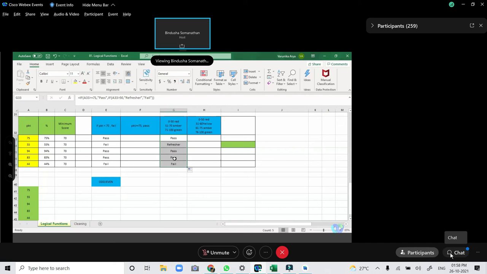Yes, Aditya, that's what I was talking about. And or if you want to check either of the conditions. But again, you'll have to use the logical operator and or XOR, maybe not also. Okay, so this is how you categorize whatever numbers that you give. Okay, cool. So I hope this works. So see, refresher for between 51 to 70, below 50 is fail, and other than that, they are pass.